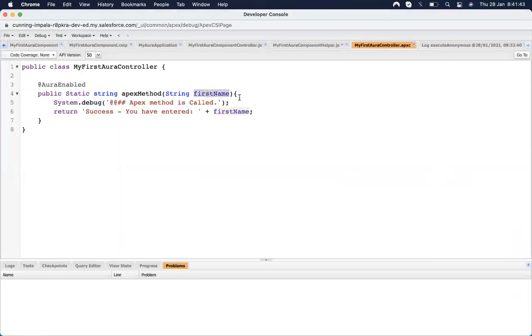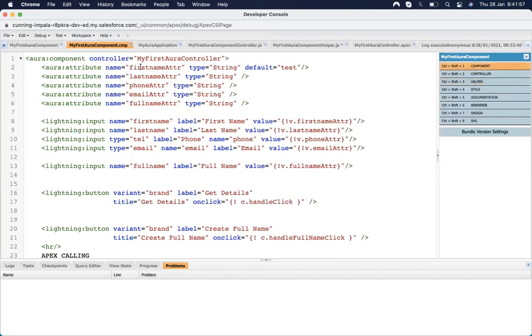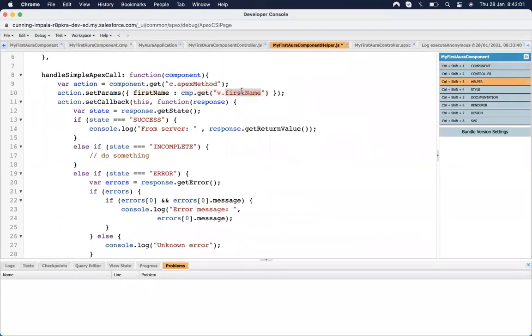It is the same thing. So I copy this one and paste it up here, firstName, and there we have to send the value, which is component.get firstName. In our case it is firstNameAttr. So let's change it to firstNameAttr, and instead of cmp, in our case it's called component. So I'm changing it here.